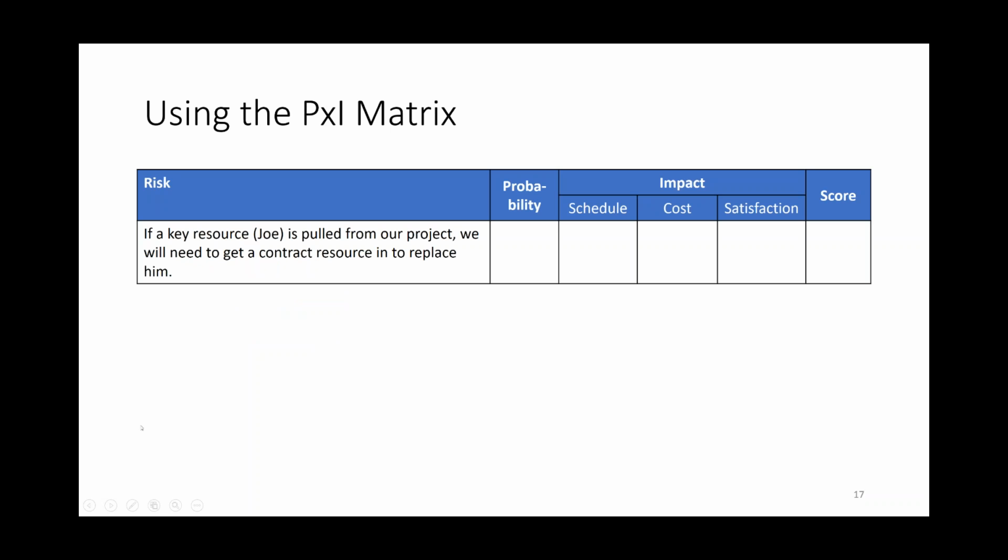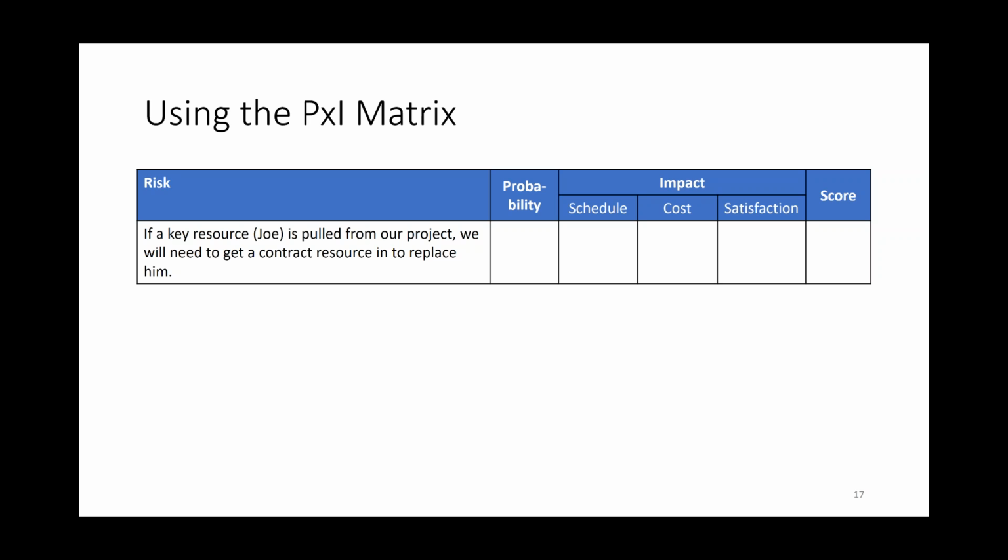Okay, so I want to walk through this example on how we'll use the probability and impact matrix. So you did all your ratings for the risk, and now this week you're going to identify risks, and you're going to use those ratings, and you're going to fill out your probability and impact matrix. Now this one, I don't have scope in there. Whatever, brain fade, I didn't put it in there for the example, but in yours you'll have your scope.